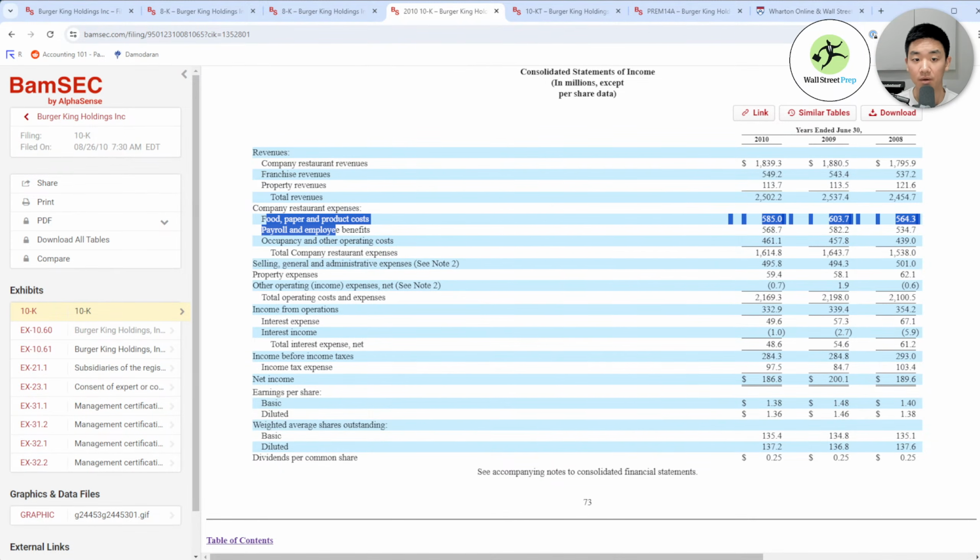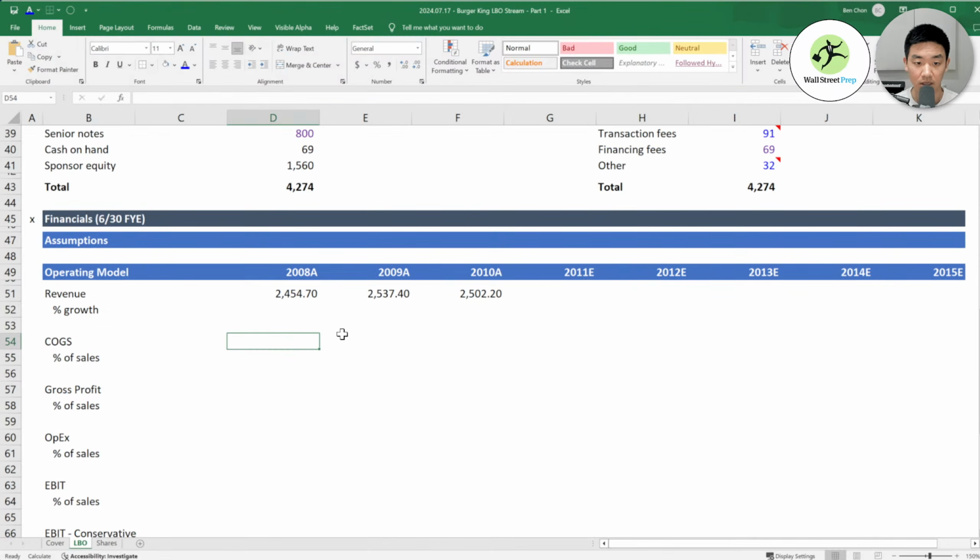But for a food company, part of the actual cost of the food and delivering it, I guess they include what they pay employees, not just the food and paper and product costs. So actually, I think maybe a faster way to do this, I can copy paste it.